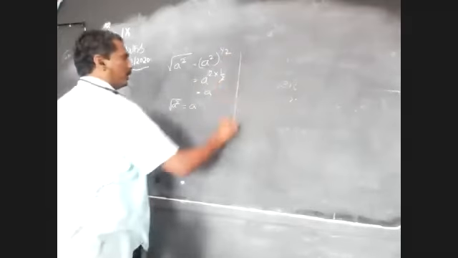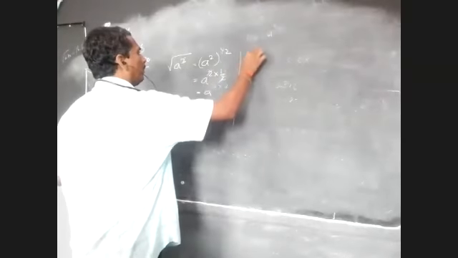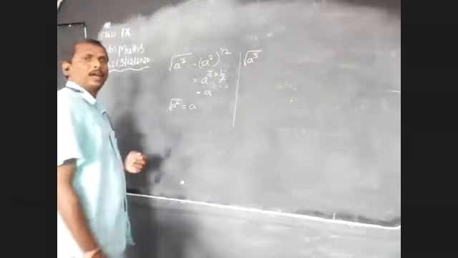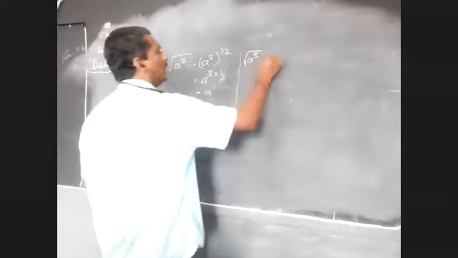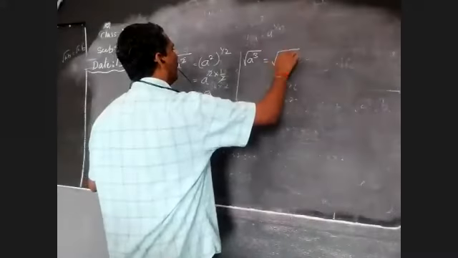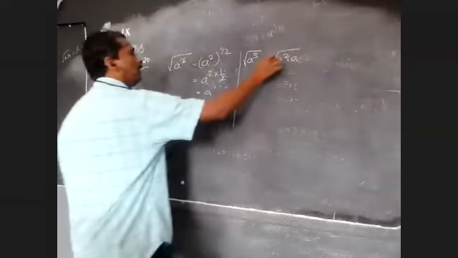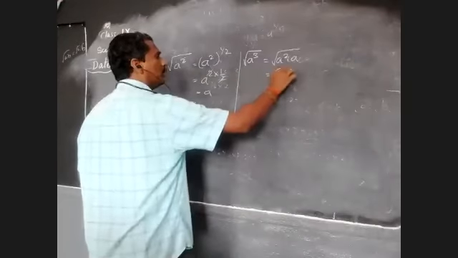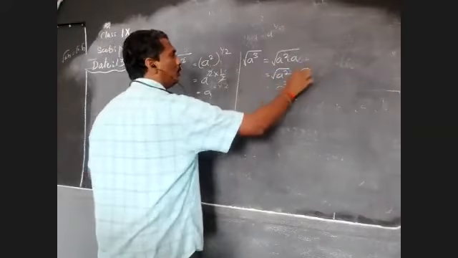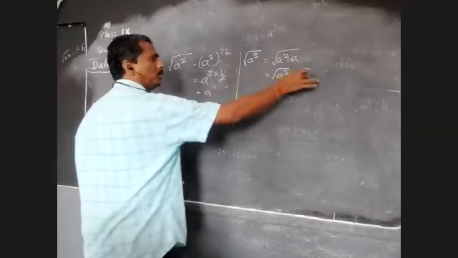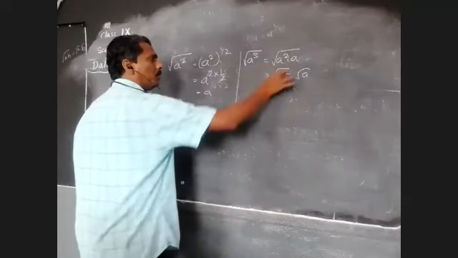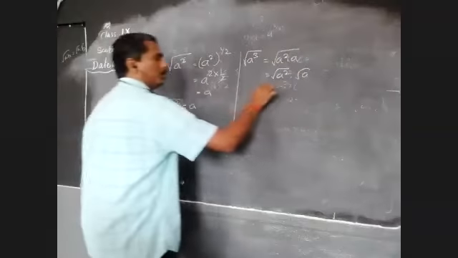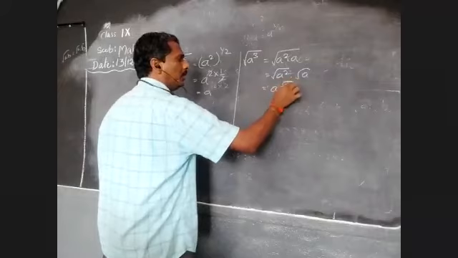Suppose in this one, square root of A cube is there. Square root of A cube. So A cube can be written as A square into A. It is in the form of root of A into root of B, so we can split it. Root A into root B, means root of A square into root of A. What is the value of the root of A square? It is A. So we can write it as A into root A.